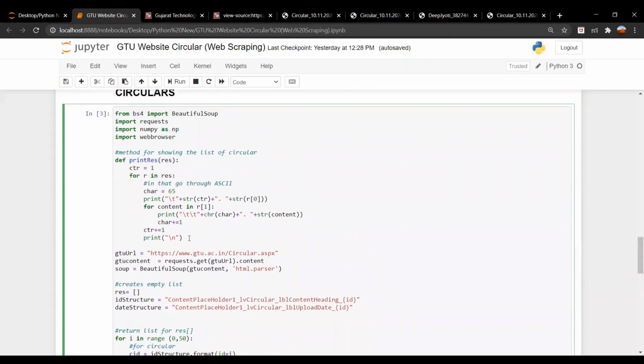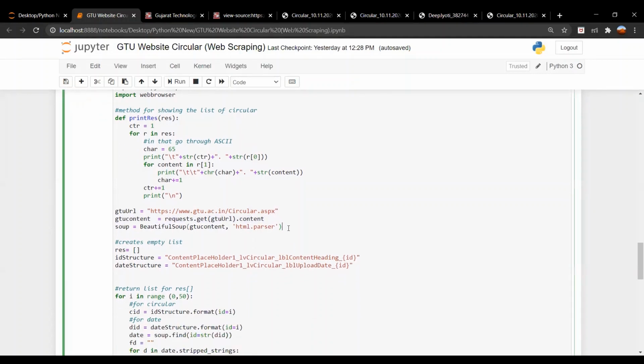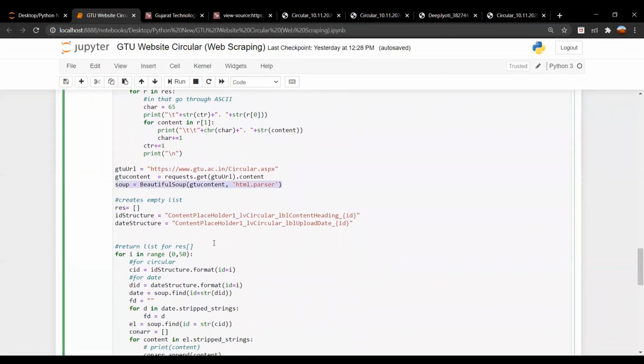Now from the GTU URL variable we are passing the GTU URL for scraping the web page, and from the GTU content variable we request the GTU URL for the encoding operation, and Beautiful Soup will pass the HTML parser. Now we create a res list for future reference.